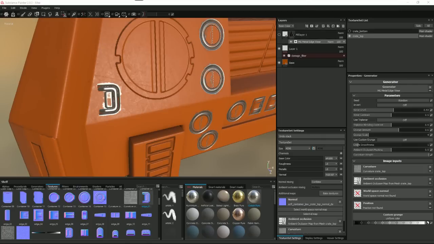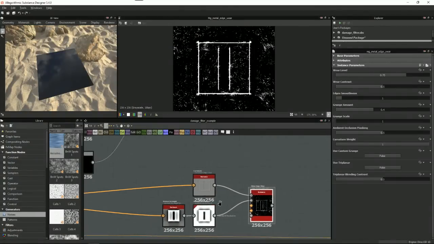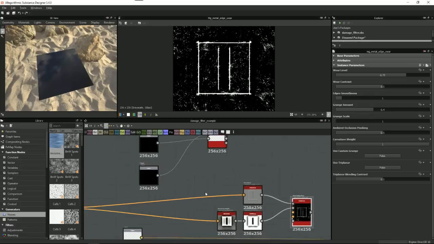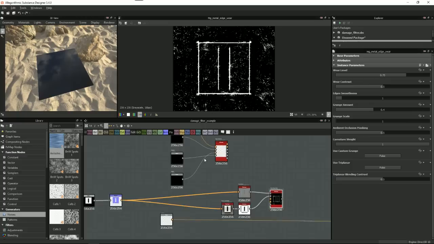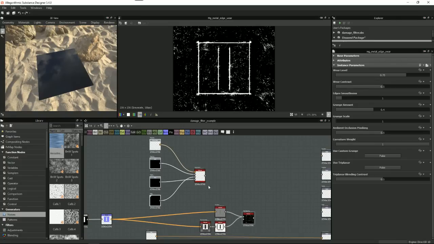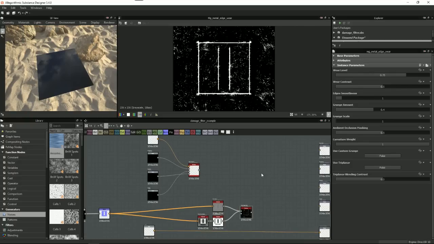All right, so here we're going to jump back over to Designer. Now that we have our metal edge wear, what we're going to want to do is take the nodes that we have and do some material blending. Like I said early on, these input nodes represent the layer stack that we have in Painter thus far. So it's going to be the material that we have on our object already. And we want to layer a new material on top of that that's going to represent basically our damage. So what we're going to do is come over here, and I'm going to hit the space bar,